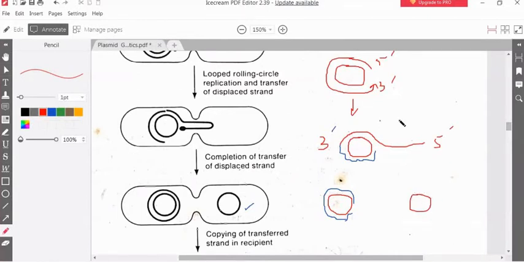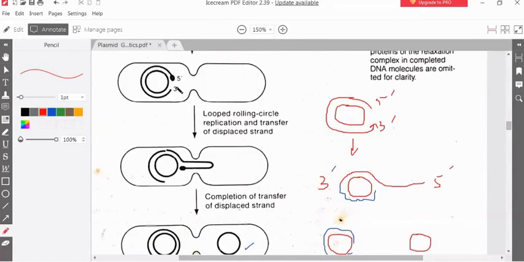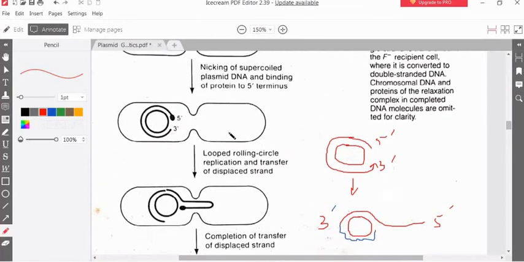To do this, we need to start transferring from a particular region, right? We need to cleave the DNA and start transferring from a particular region. So for this, every plasmid that can be transferred from a donor bacteria to a recipient bacteria must have the tra origin. tra stands for transfer origin. So tra is the transfer origin from where the DNA can be transferred from one bacterial cell to another bacterial cell. Because we cannot transfer from any part of the DNA, we have to transfer from the tra origin.